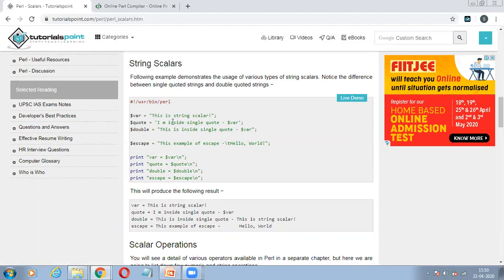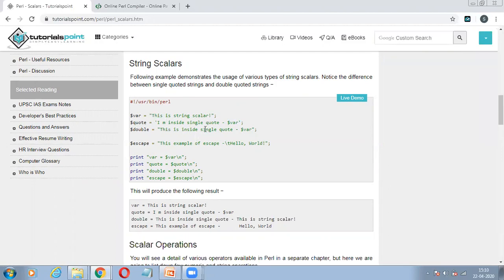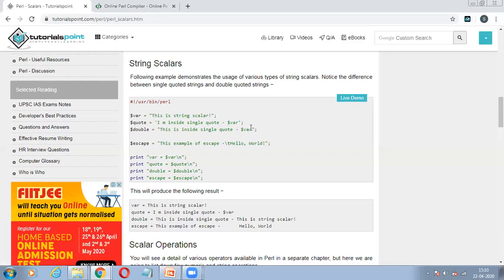Value चली गई। I am inside a single quote, क्या चीज, variable. ठीक है, so I am inside single quote के बाद में हम क्या कर रहे हैं, इस variable को call कर रहे हैं। तो कौन सी second string यहाँ पर आएगी, I am inside a single quote, this is a string scalar. ओके, ये बात समझ में ध्यान से। फिर क्या हो रहा है, हम किसकी बात कर रहे हैं यहाँ पर, double. Double क्या बोल रहा है, this is inside a single quote variable, this is a string scalar. है ना, तो तीनों के तीनों